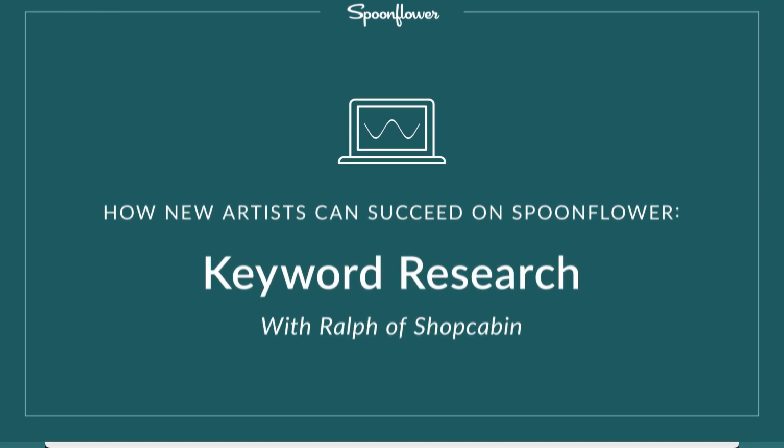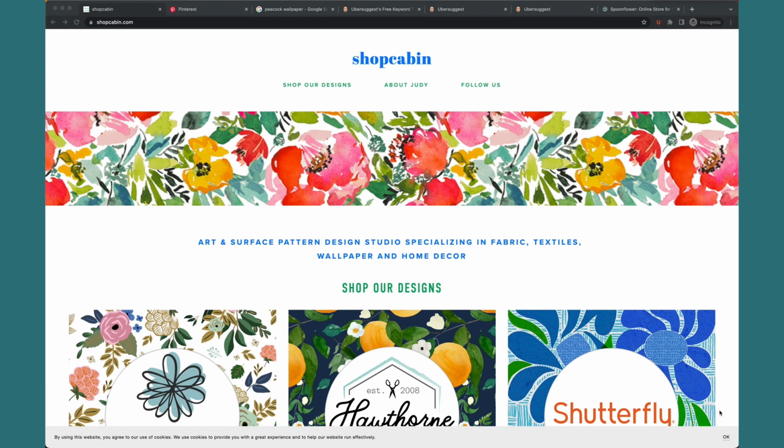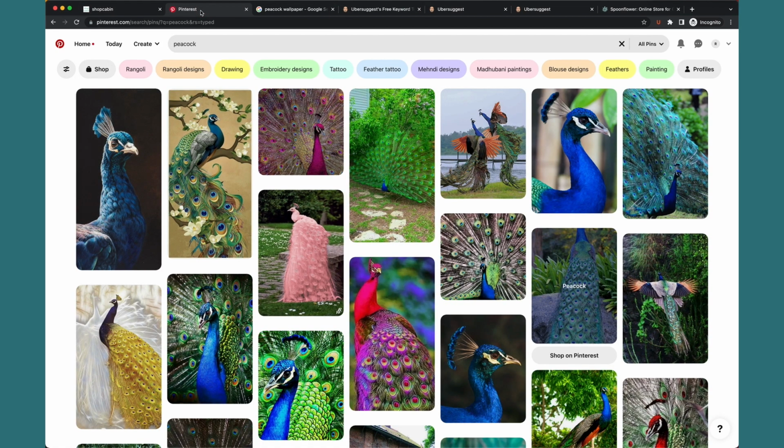Today, I want to show you part of our research process for how we come up with keywords and description recommendations for our designs and our prints, and some of the keywords and tags that we can use when listing our prints on Spoonflower. So, Judy and I were looking at Pinterest the other day, and we noticed that peacocks were